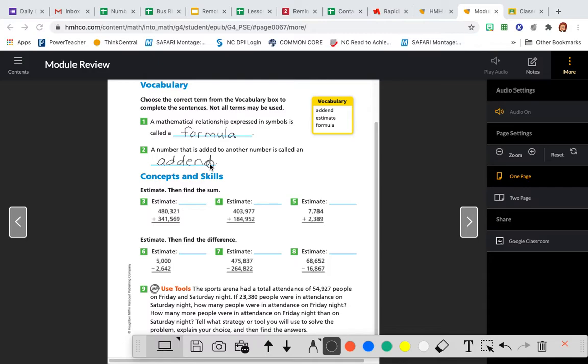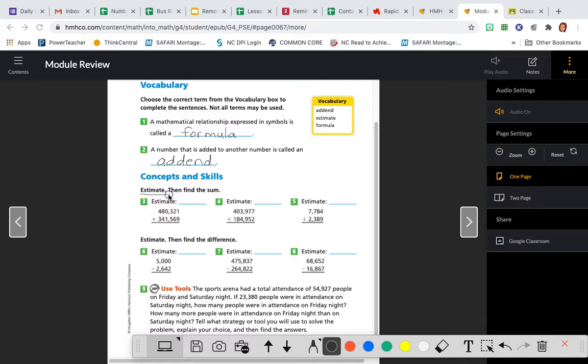So really quickly, make sure you pay attention to the instructions. It says to estimate first. Many of you on your homework last week did not estimate before you found the sum. So I'm going to work through number 3 for you, and then I'll give you the answers to 4 and 5. Okay, so for number 3,